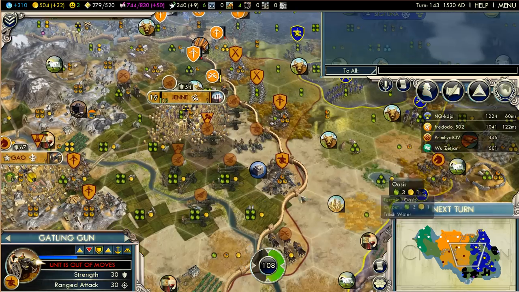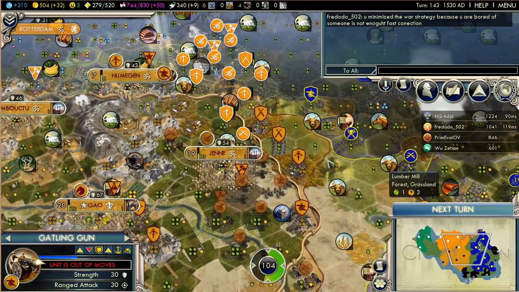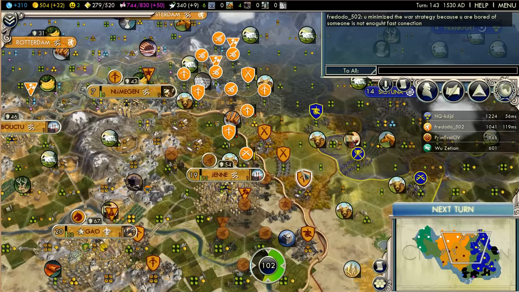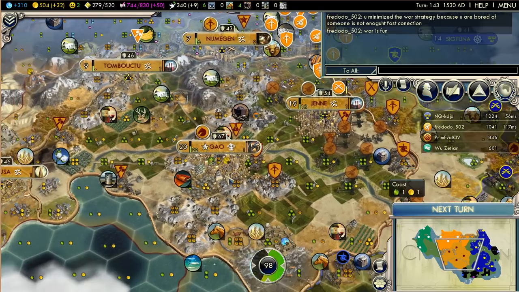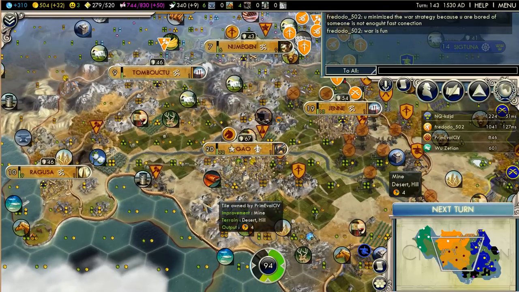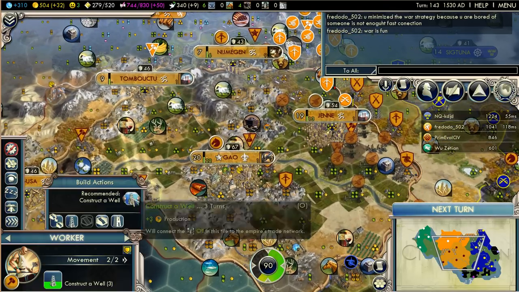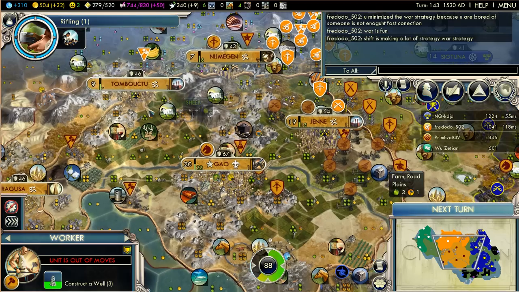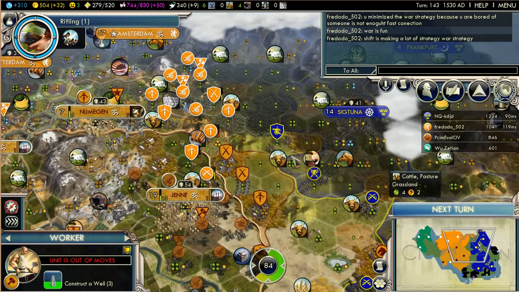So we just got an alert there saying we needed horses. And we'll have our oil online in 3 turns. We can start building